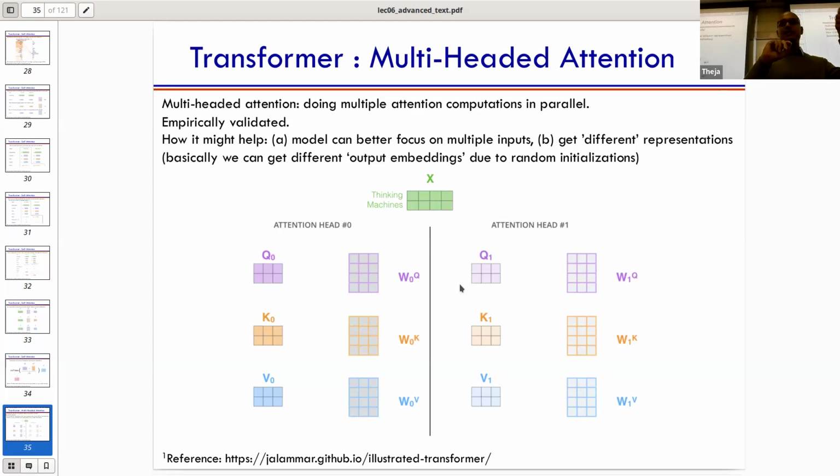We got the X vector, from which we created the Z1 vector, X1 to Z1 and X2 to Z2. And while doing so, we created only three vectors: a query, key, and value for each word. But why just create one set? Why not create 8 of them? Why not 16 of them? What do I mean by that? For the same input, why don't we use multiple WQ, WK, and WV matrices and produce multiple queries, keys, and values? They don't interact with each other, but you do the same computation multiple times. Basically, it's doing multiple attention computations, like those we saw in the previous couple of slides, in parallel.